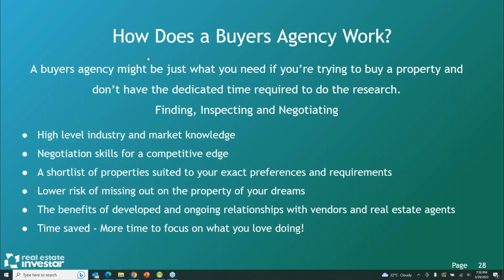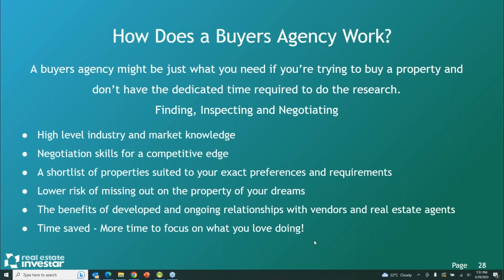The buyer's agent's role is to find properties matching your criteria: your budget, your goal, whether it's higher cash flow or a combination of cash flow and capital growth. Engaging a buyer's agent gives you a better chance of securing a property. I know home buyers that have spent a long time looking at properties and missing out in a competitive property market. Good properties in good areas go very, very quickly. So having someone who can get onto the property when it's listed or secured very quickly, and who understands how to negotiate to secure it, is very important in a competitive market.